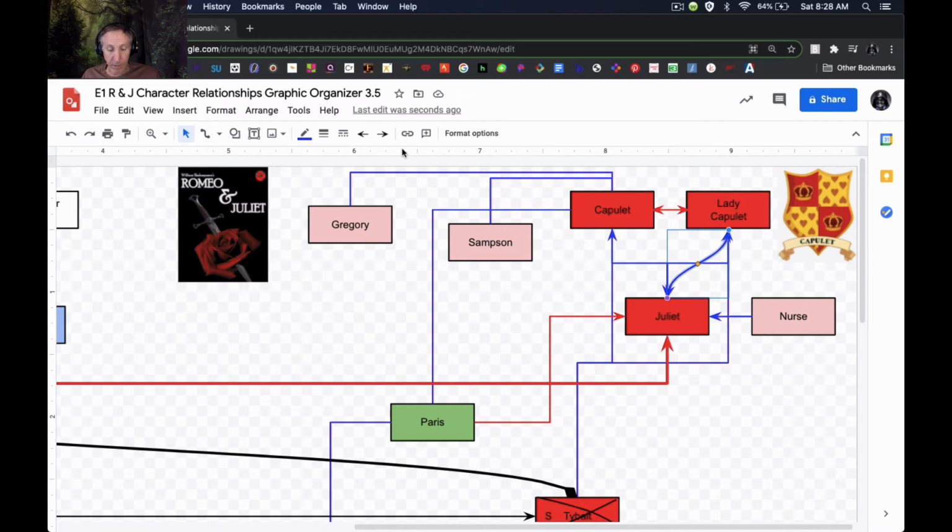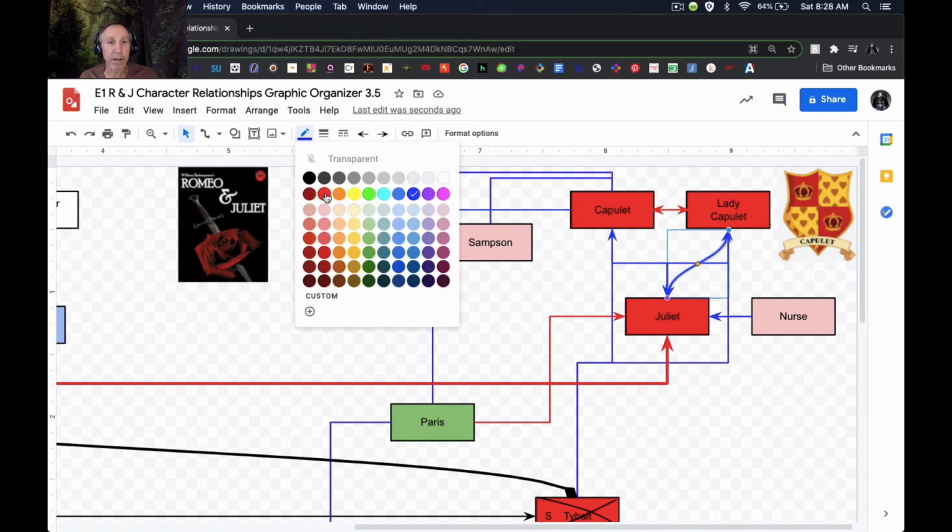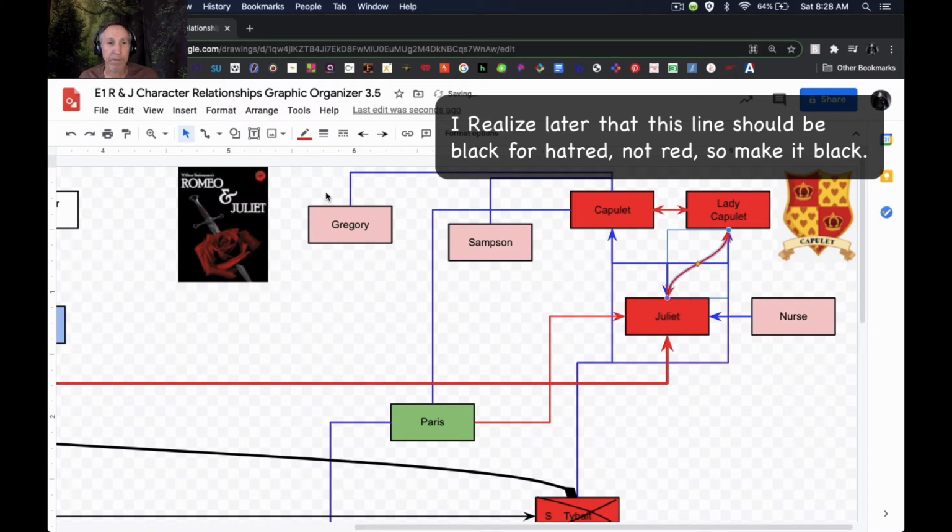But it is line 139 and 140 of Scene 5, where Lady Capulet is talking to her husband, and she says, "Aye, sir, but she will none. She gives you thanks. I wish the fool were married to her grave." Thanks, Mom. Married to the grave. That's a pretty significant change. And then I'm just going to let that one be read for now. Okay, that's showing some pretty good hatred, right?